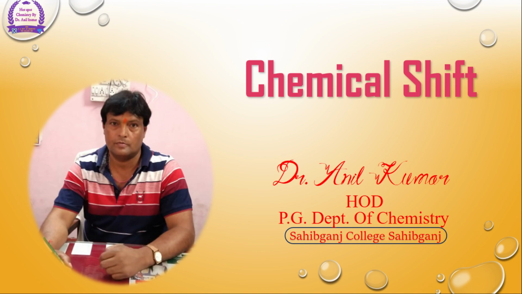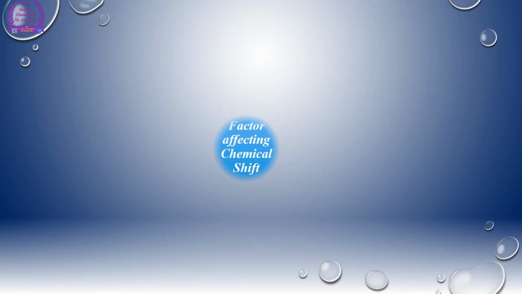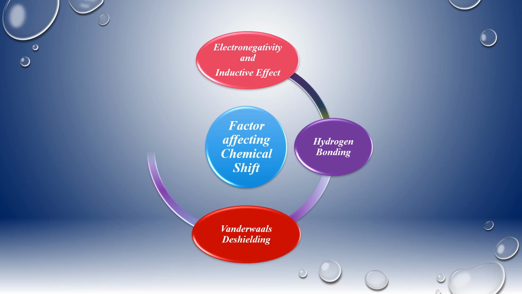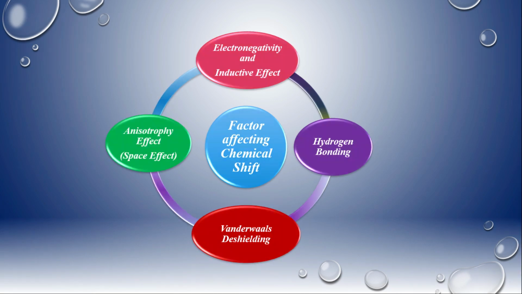In this, we will discuss what do you mean by chemical shift, what is shielding and deshielding effect, what are the factors which affect the chemical shift. In this, we will discuss the inductive effect, electronegativity effect, anisotropic effect, van der Waals shielding, halogen bonding, etc. with the example of alkene and alkyne, and we will also discuss what is the delta scale and how we represent the chemical shift.